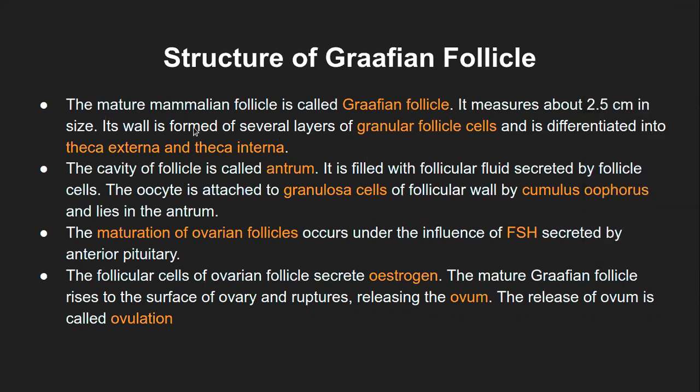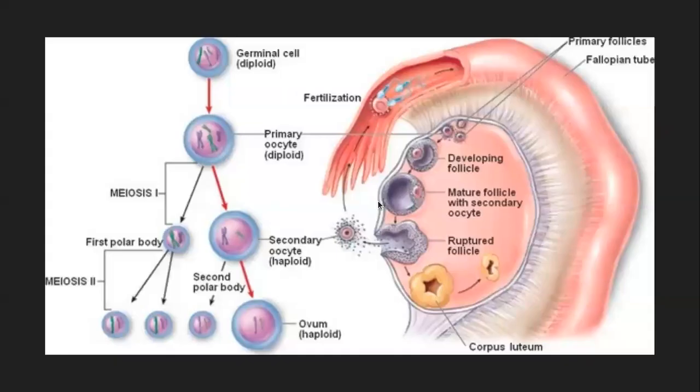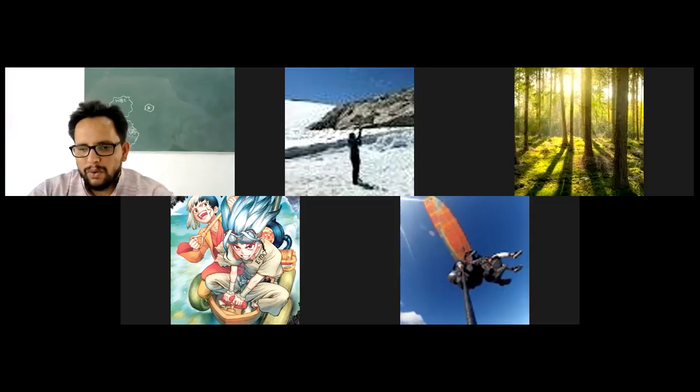So I guess at this stage we can stop, because then I will have to revise the whole of this process next time anyway. So I guess it is best that we stop here, and next time we continue from the Graafian follicle. Again, like I have always been saying, please do revise these processes immediately, so that you have a complete understanding of what exactly the stages are, and later on you don't have to struggle at all. Okay, so let me